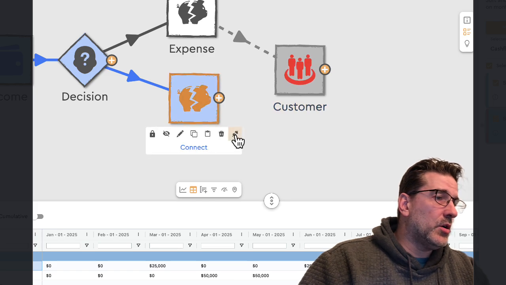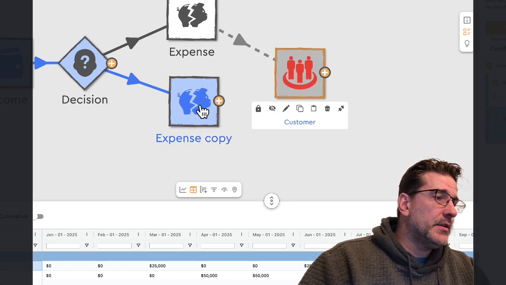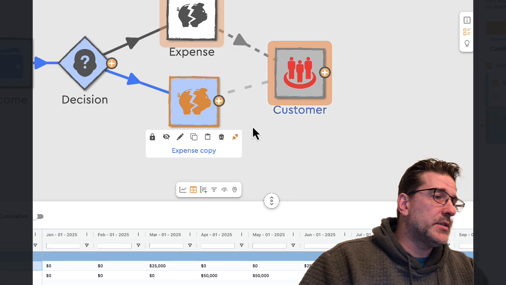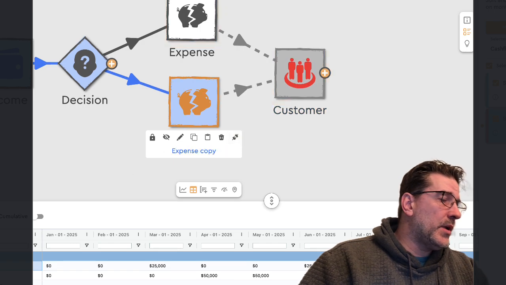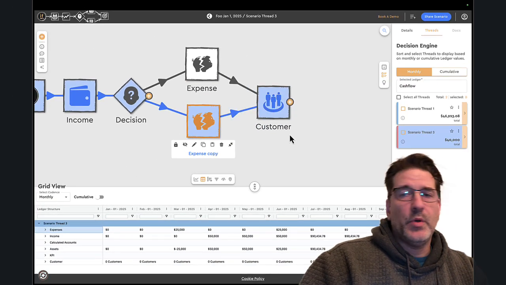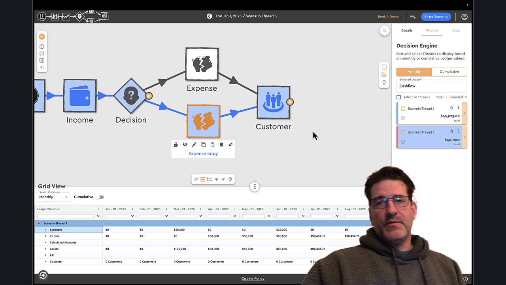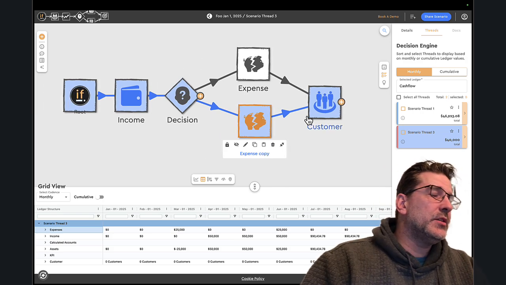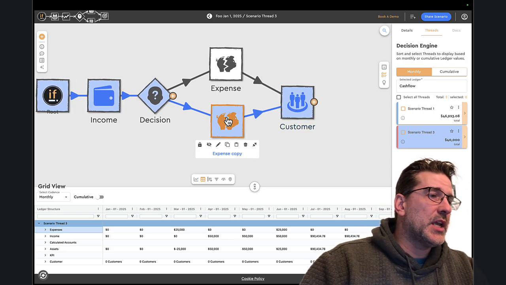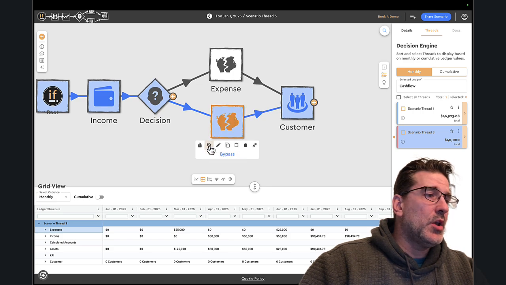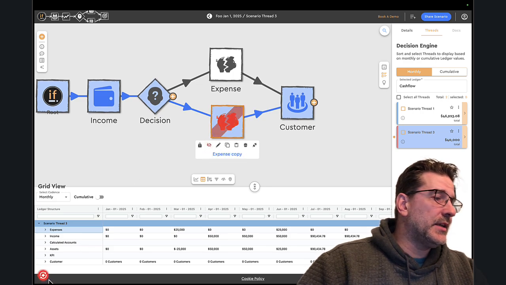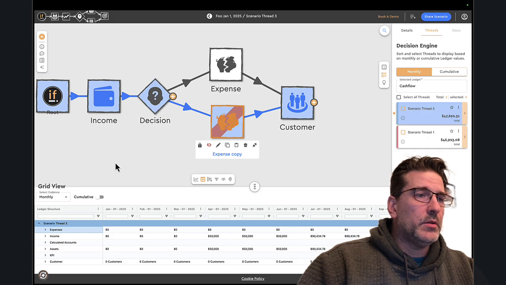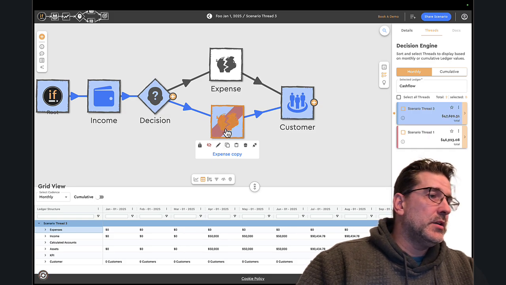I'm going to do a thing here called a branch and connect these two threads back together, and now when I run this, I have that in both of my threads. Okay, this is also very, very interactive. At any particular stage, someone could come along and say, well, I just want to take that expense out of that one particular scenario. You can bypass any of these calculations, re-render the model, see what calculations you get, turn them back on again, and put them back into the model.